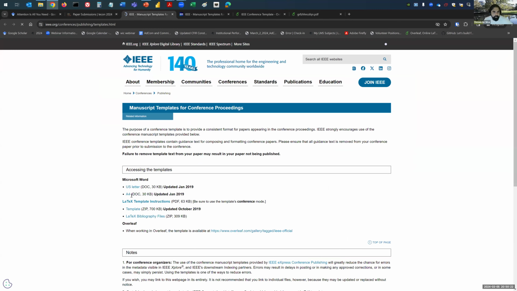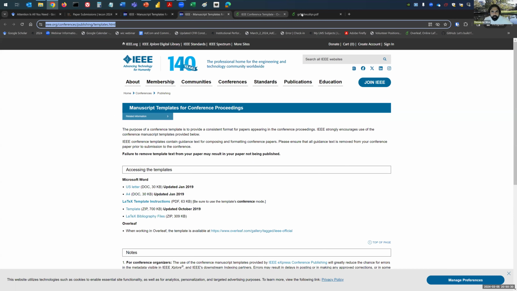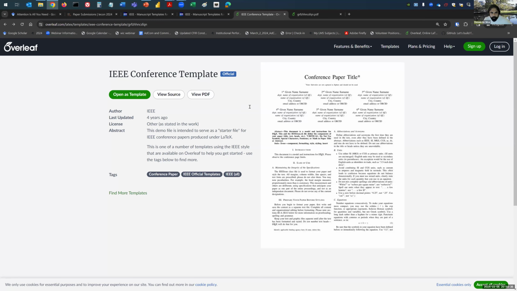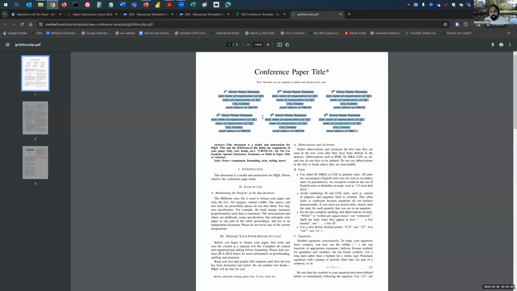to this IEEE page. But I have a slight problem with this template because when you open it, it looks like this, and we're losing a lot of space for this weird structure of author affiliations. So instead of that structure, I would keep it to lines. And I think Lakshita will share the format with you later. There's another way of showing this, because if you have 6 authors, you've lost a good 10 lines of text, or at least 5 lines of text.